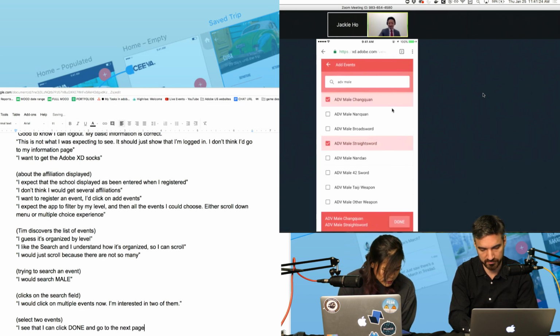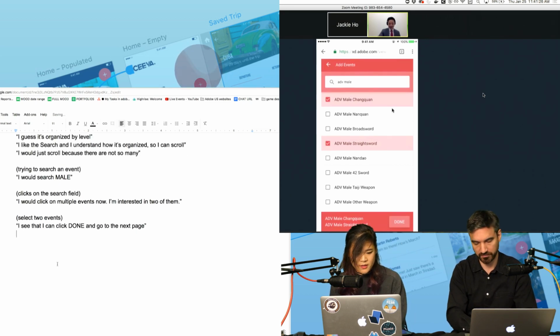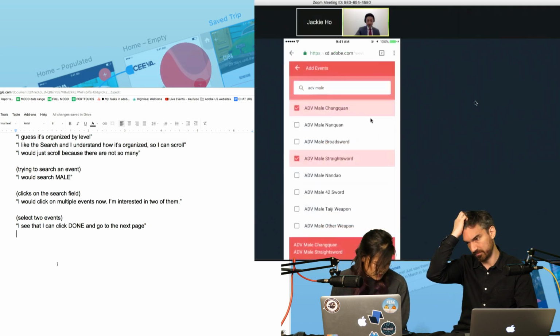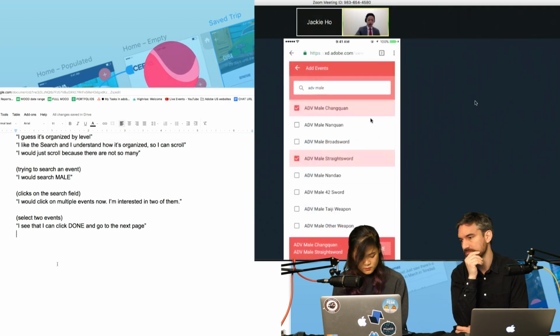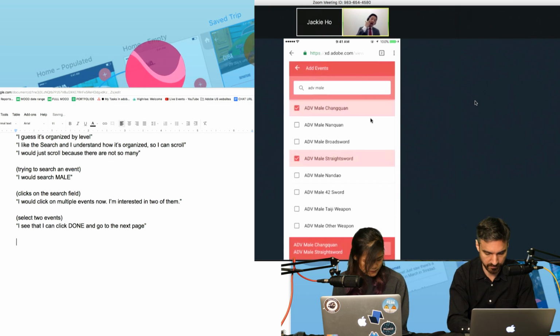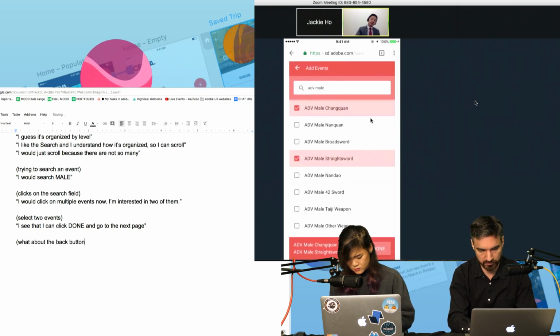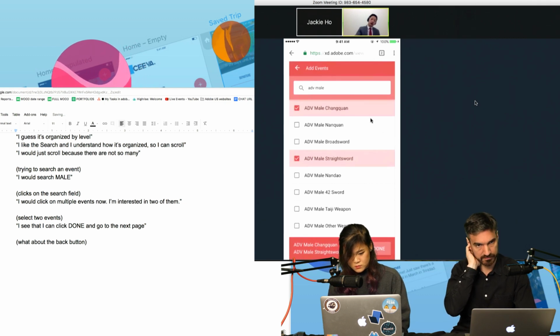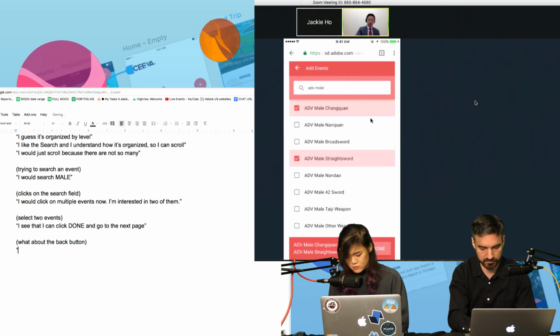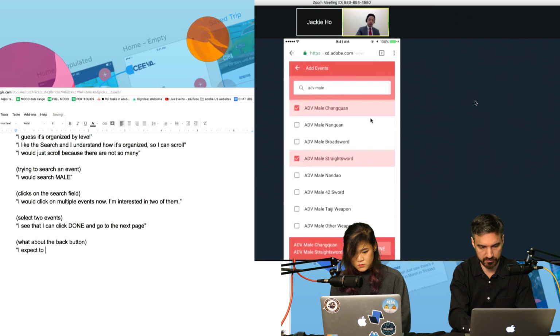Gotcha. What would you expect to happen if you click the back button on add events? Probably go back to the page before add events, like my information page? Mm-hmm.